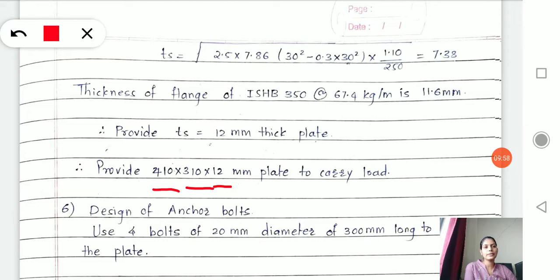Why 12 mm thick base plate? Because the thickness I come across is 7.38. Somewhere 8 mm thickness base plate is sufficient to carry the 1000 kilonewton load coming upon it. But I have increased the thickness for safety, and I have chosen a nearby value of 12 mm.